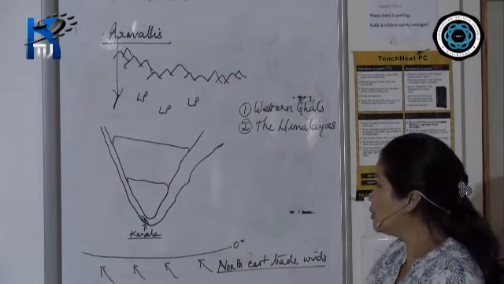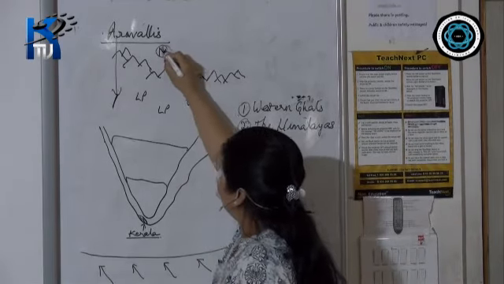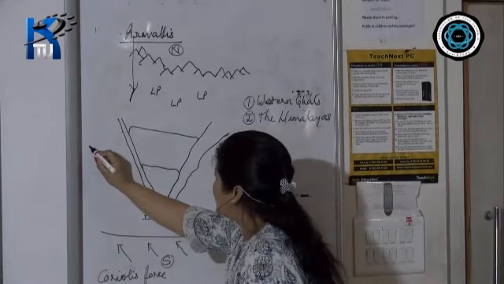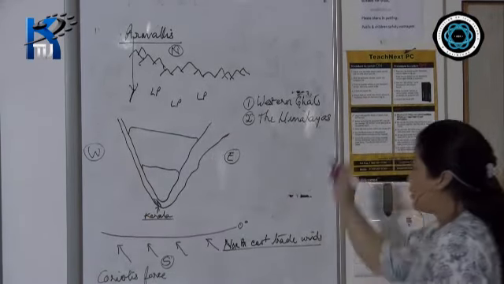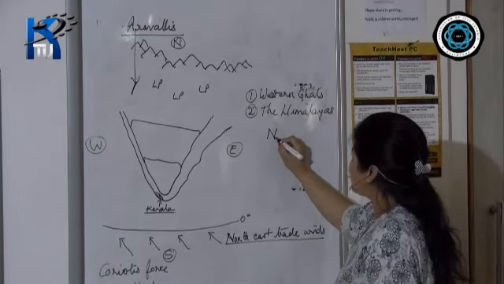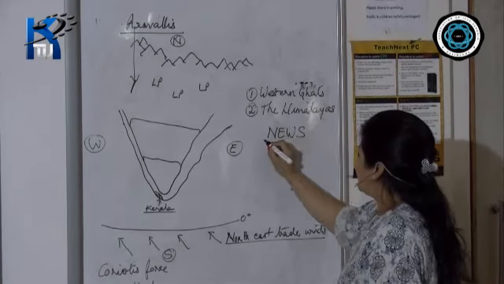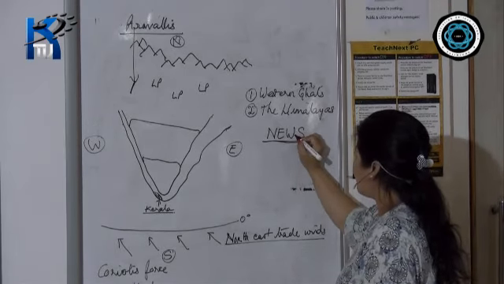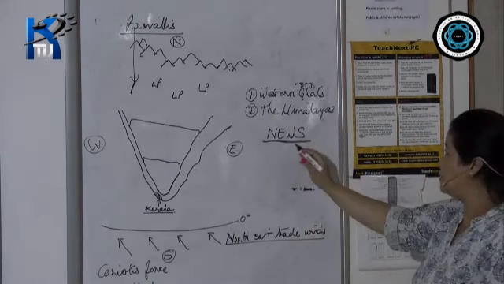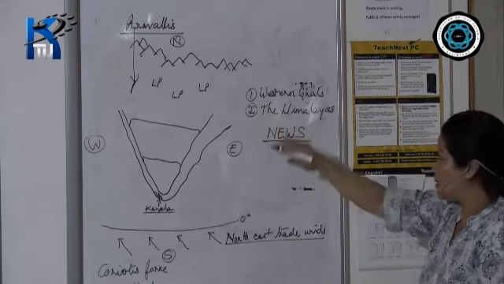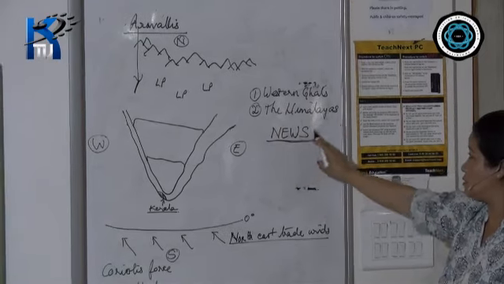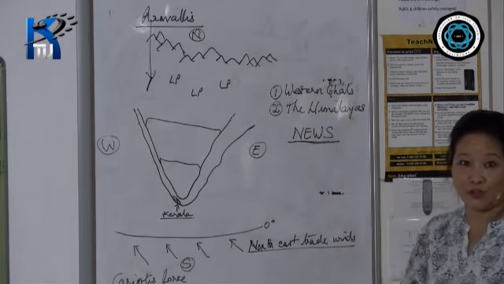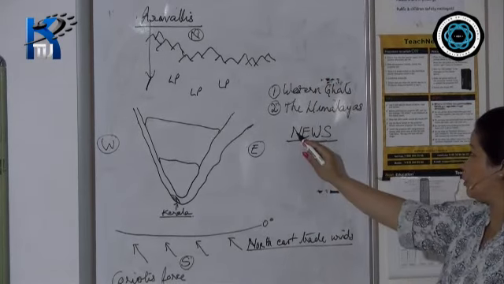Now this is your north, this is your south, this is east, and this is your west. Now when you jumble up these words, a very important word comes up. Some of you may already know about it, but anyway, let's jumble up the word together and give you this word, that is NEWS, which means information that you gather from the four corners of the world. That is, N stands for north, east, west, and south.